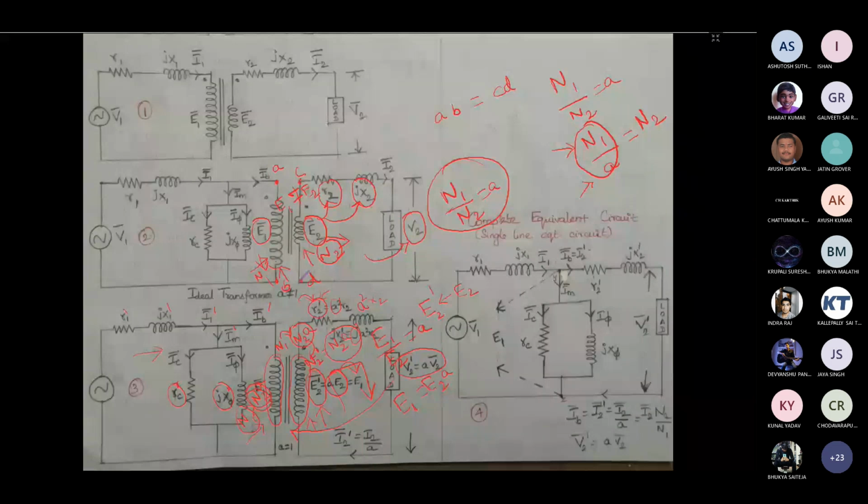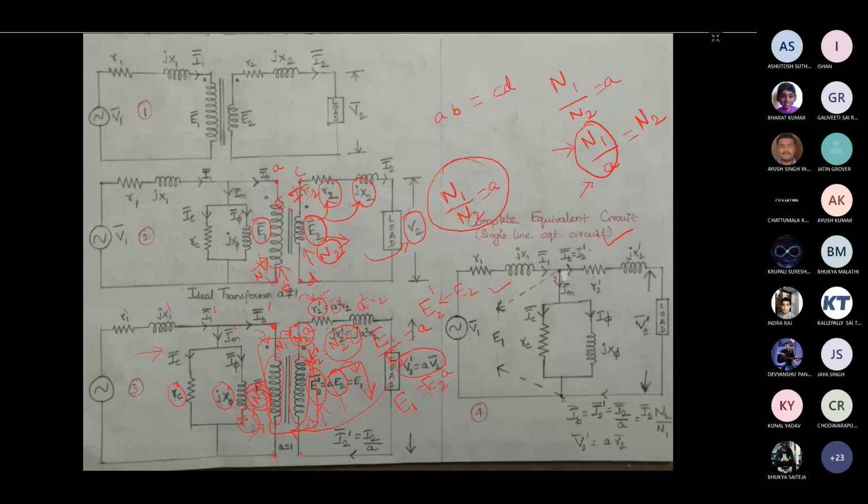Okay, now we made this voltage the same, so it is not going to make any impact if I remove this also, because the potential at this terminal and at this terminal is the same. I have made it like that, so I can remove it and redraw it like this. So I got this complete component. This is the complete equivalent circuit of a transformer.